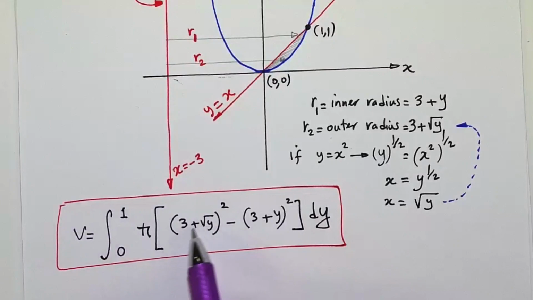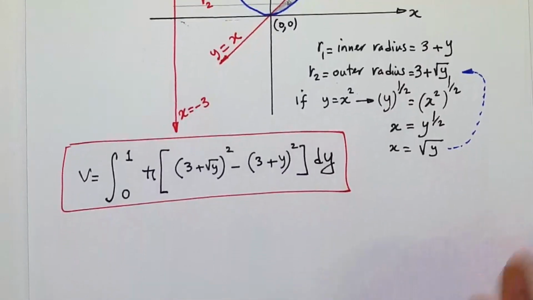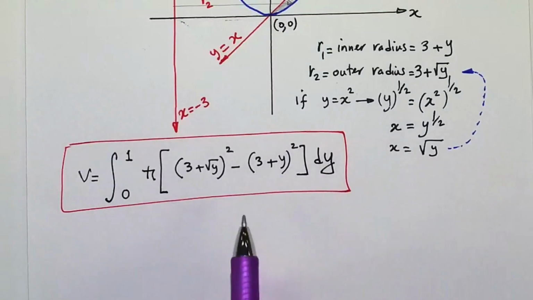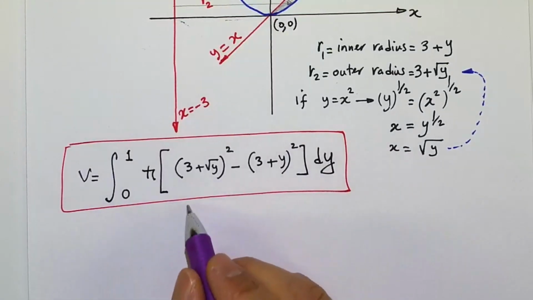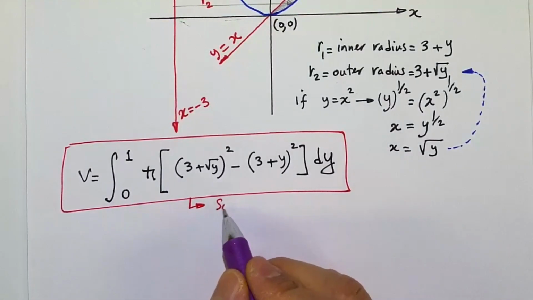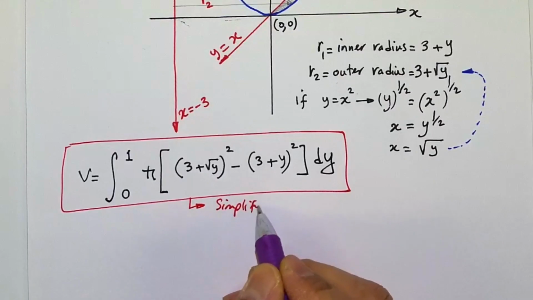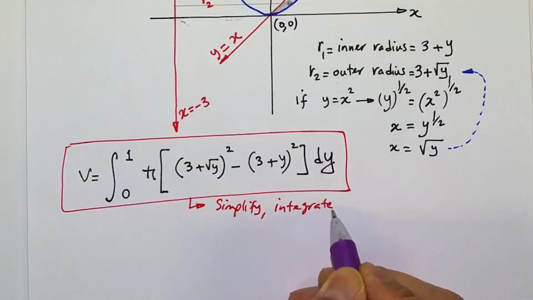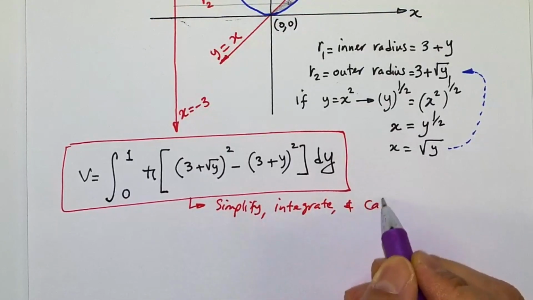Again, if you expand these binomials squared, subtract them, combine like terms, all of that algebra will lead to very easy terms to integrate. So simplify, integrate, and calculate